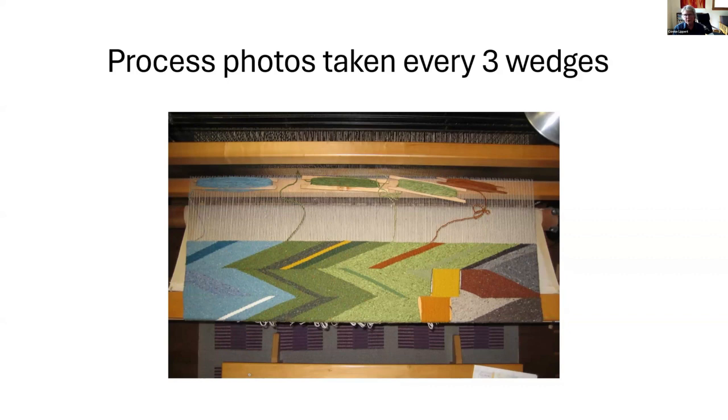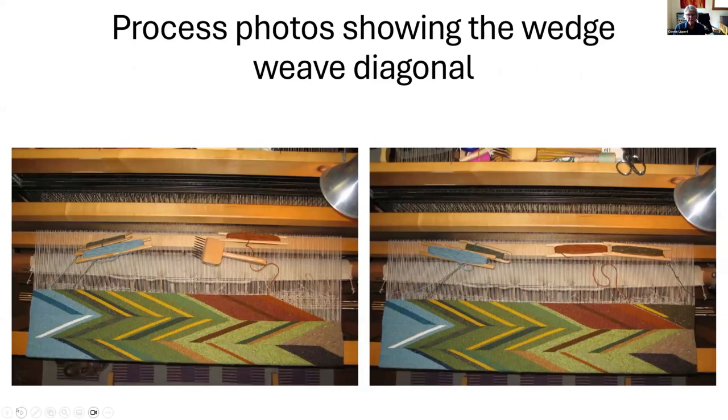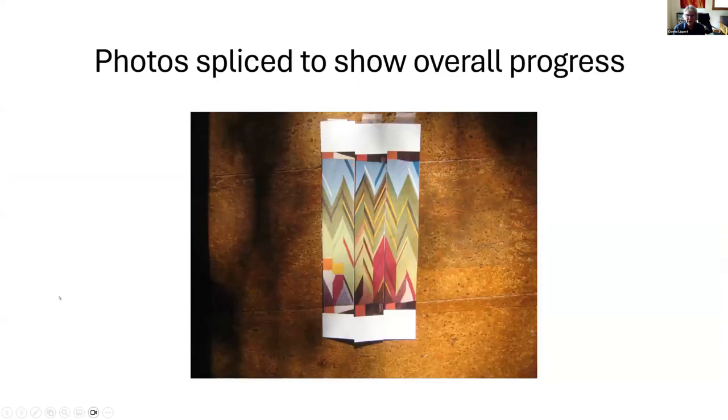So the gallery director did all the communication with her. She communicated with him and he communicated back with me. So I never had direct contact with her, but I would send him pictures and other things. And this is another example. I sent these pictures to show the diagonal that you have in wedge weave, in addition to those finished wedges. And then after a while, I realized, I'm glad she asked me for those pictures, because I realized I